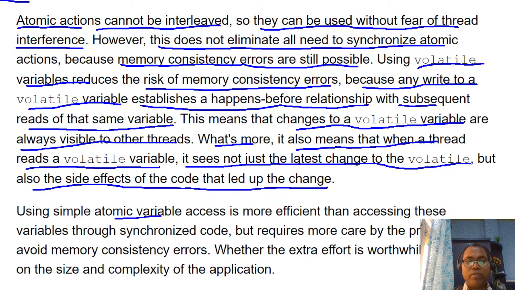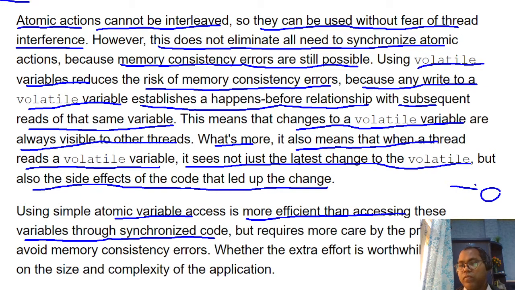Using simple atomic variable access is more efficient than accessing variables through synchronized code. So for a particular field you can make it atomic using volatile. Or, second, maybe you don't make it volatile, and you access it from a synchronized method: I want to access the variable from a method and provide the setter and getter for setting the value also from a method.